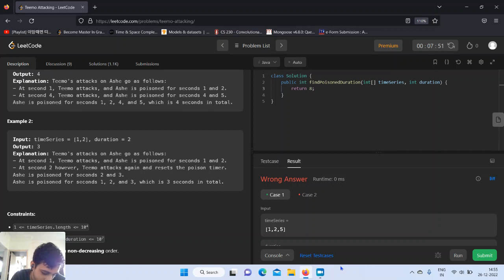It should end at 5. Now, is it less than the next duration? It's true. 2 should be less than next: i plus 1 should be less than or equal to 5. If i plus 1 is less than or equal to 5, then increase i. It's true. Then again do 5 minus 2. But since